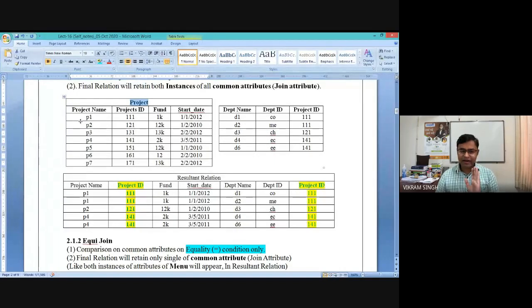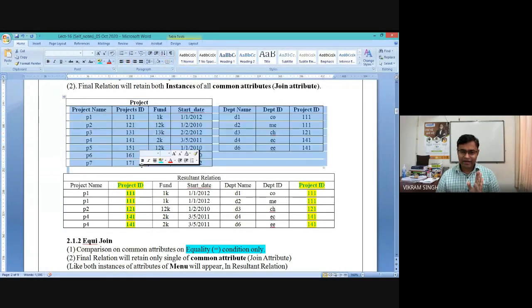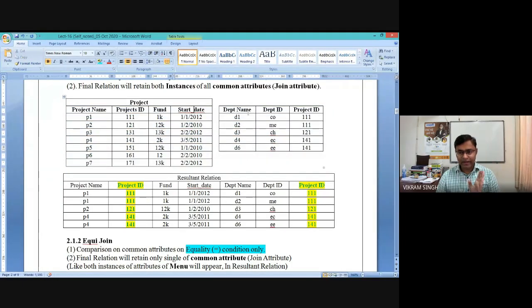You can see clearly that in the project table we have project name, project ID, and its fund and start date. In the department table, it is department name, department ID, and project ID. Now if you perform Cartesian product, तो उसमें तो clear है कॉम्बिनेशन आ जाएगा सभी का.